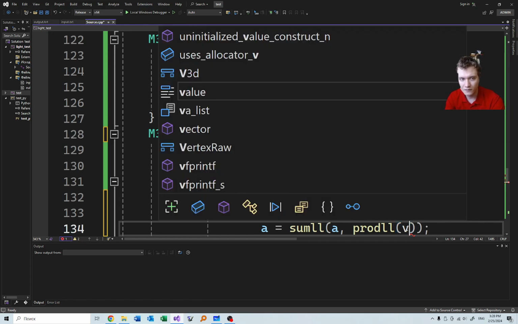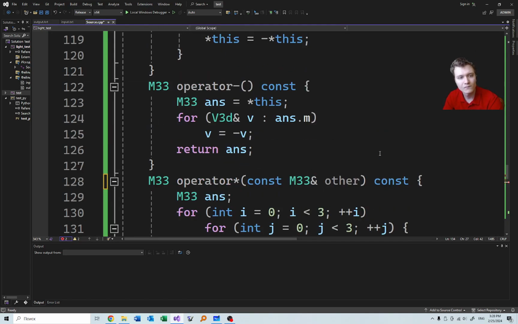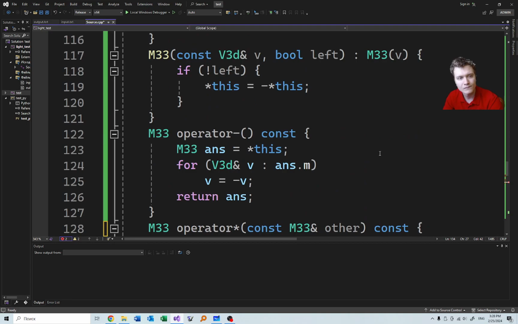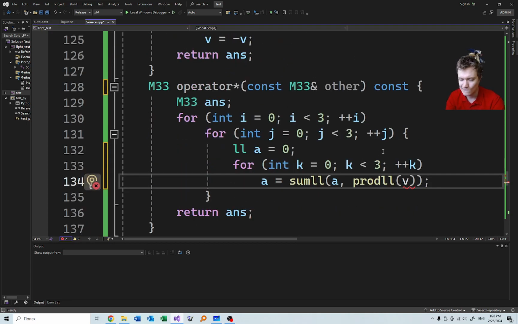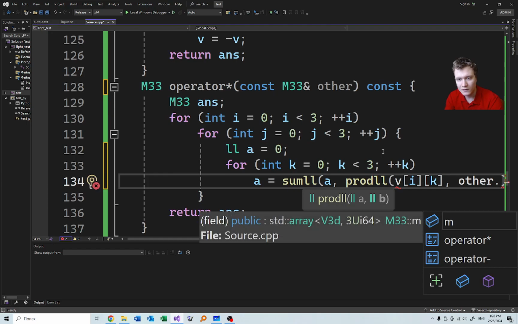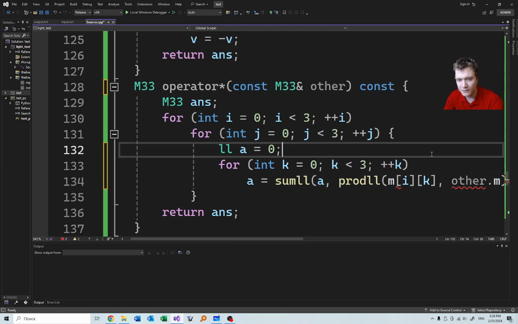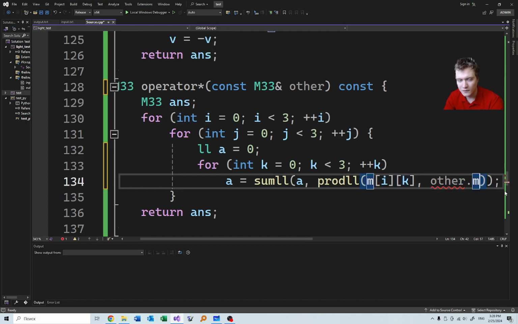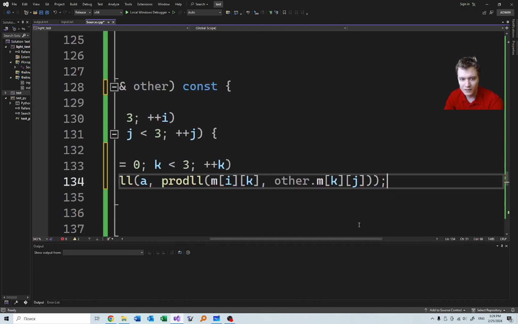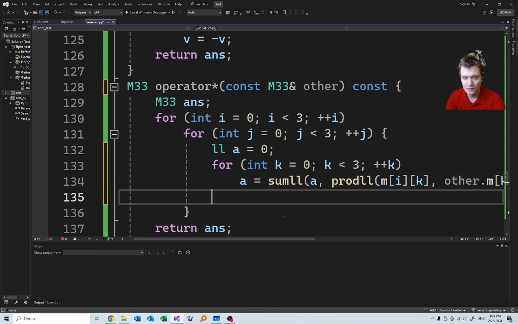So here we need V ij, V ik, and other dot M ik and other dot M kj. And then in the end we say that ans dot M. Okay, let's actually